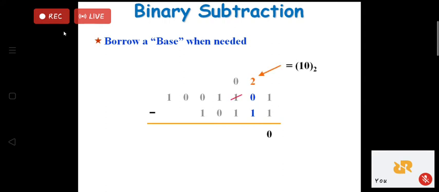1 0 में से 1 गया, वन रहा। यहाँ से मैंने बोरो उठाया था, तो वो वन था वैल्यू, वो हो गया अब जीरो। जीरो में से एक जा रहा है क्या? नहीं जा रहा है। तो क्या करना पड़ेगा? बाजू वाले से उधार लेना पड़ेगा। बाजू वाले से उधार लिया तो वो वैल्यू हो जाएगा वन जीरो।